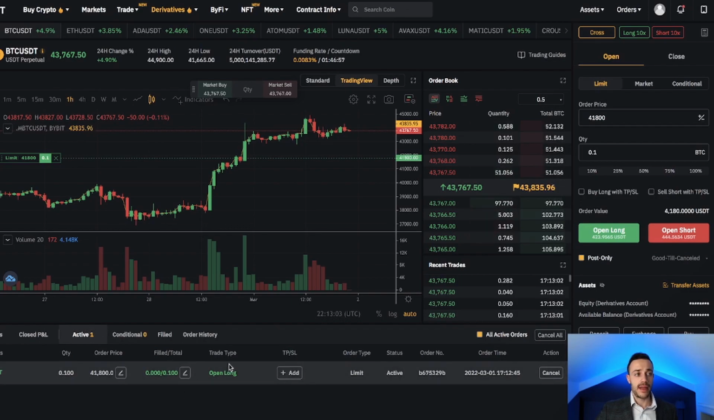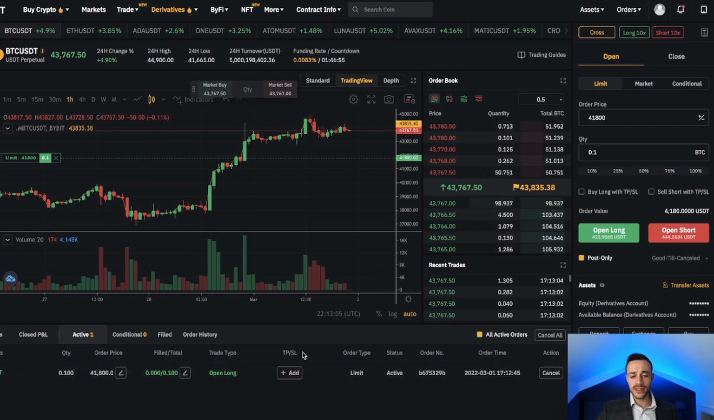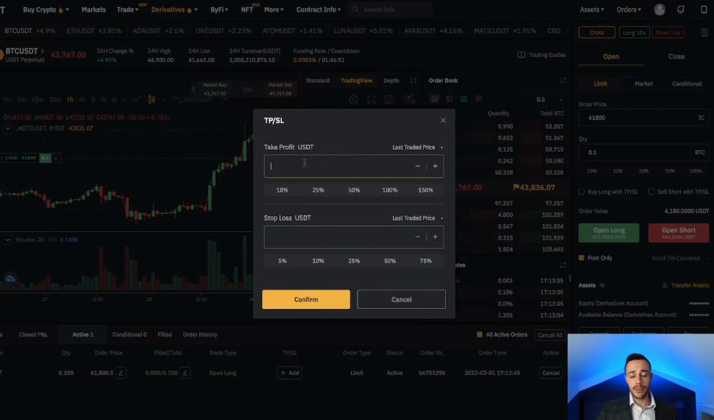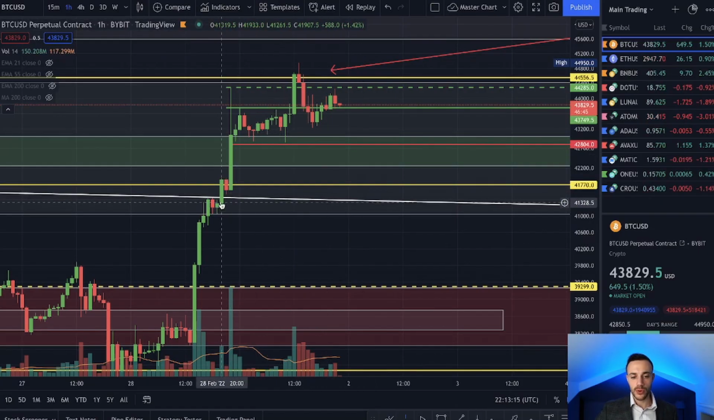If we come down here to the active positions where it says TP/SL, we can simply hit add here, and I can put a take profit and a stop loss order wherever I want, right? So this is one way to do it. I'll show you another way to do it afterwards. So let's just say we wanted to put our stop loss at an invalidation point in the chart that would invalidate our long trade, and I would say that would just be underneath the zone here at